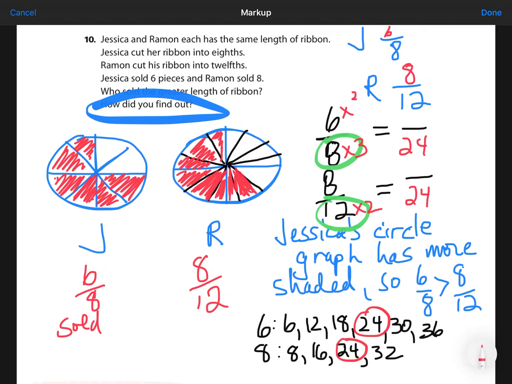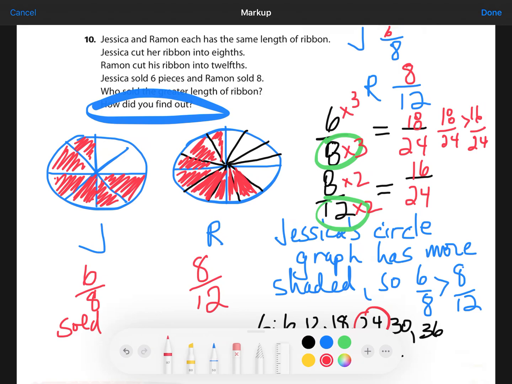And to get the numerators, I have to multiply the numerators by the same number that I multiplied the denominators by. 6/8 is equivalent to 18/24, and 8/12 is equivalent to 16/24, and I know that 18/24 is greater than 16/24. So 18/24 is